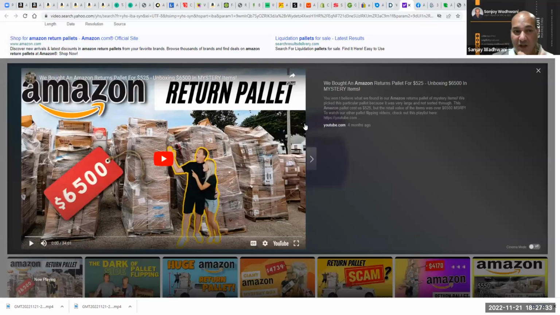And here you can go to YouTube or you can Google search it. Just write Amazon return pallets or Amazon return truckloads. If you want to buy an entire 40 or 60 feet container truck, believe me, they are much cheaper than this, because what you can really do is sell these products on eBay, on Amazon, and